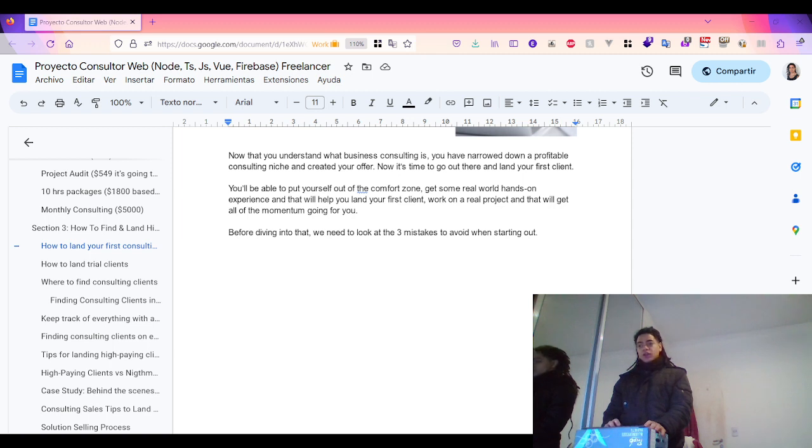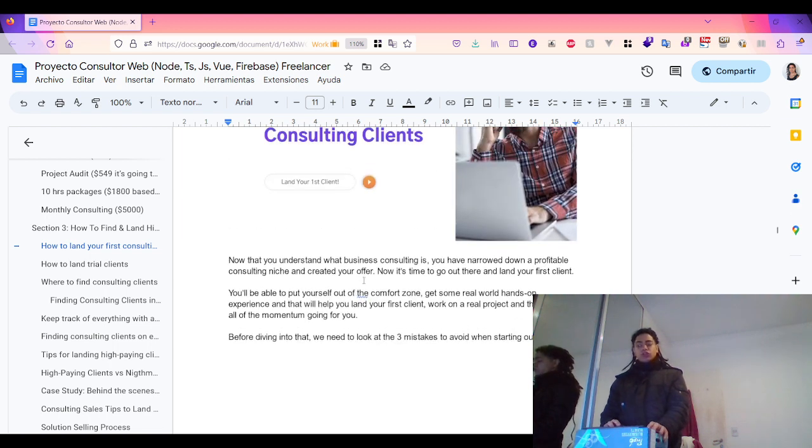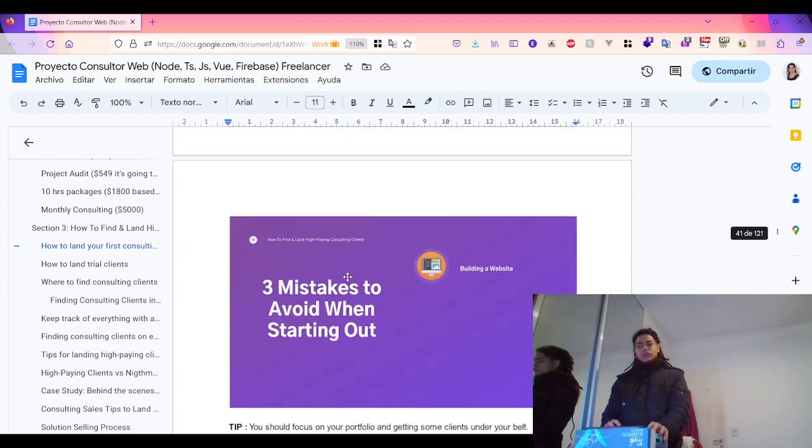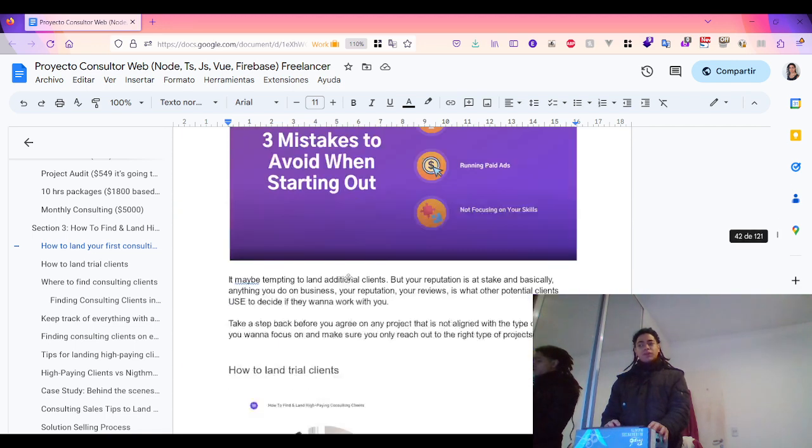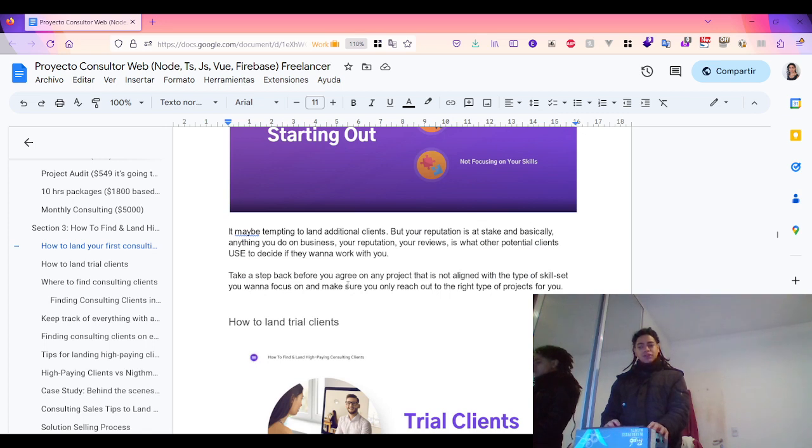So if you're not improving your skill set, well, that's a mistake, because that's what your clients are going to use if they want to hire you or work with you. Also, it's important to remember to pick your project well. Remember, your reputation is at risk, and it is better to go with a project that is 100% aligned with your skill set and where you want to focus. In this case, the e-commerce for this client